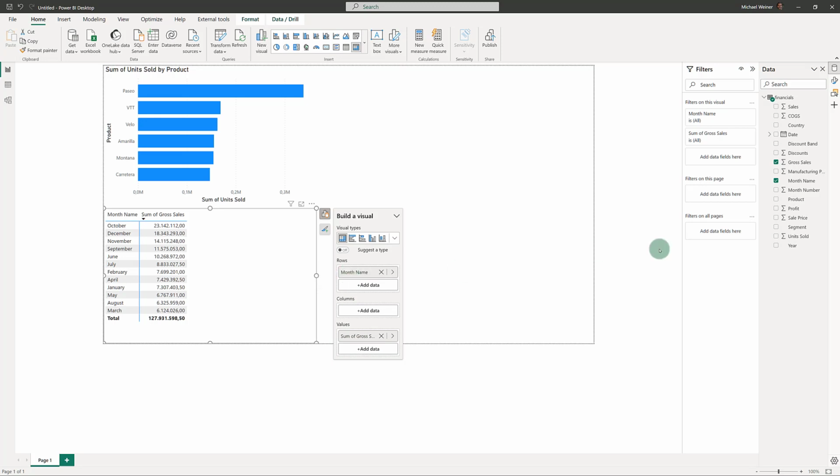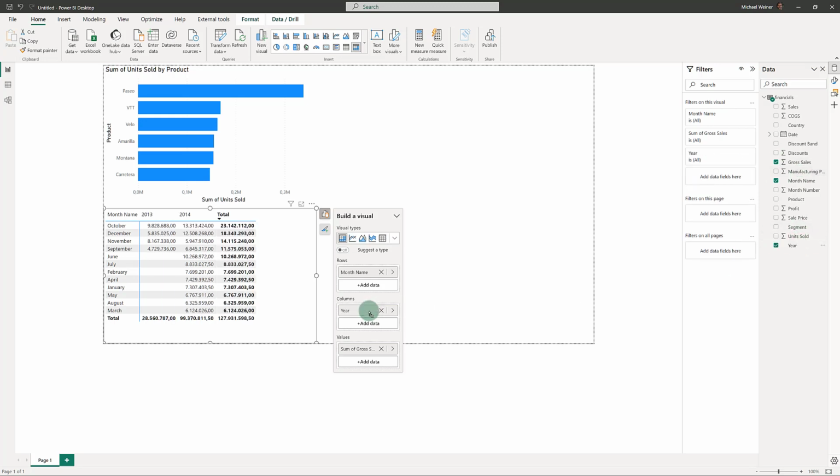So I can now maybe take the year and place the year on the columns. Now I have the years up here, I have the month, and I have my totals. So this is the basic pivot table. And now I can change this back to a visual like a